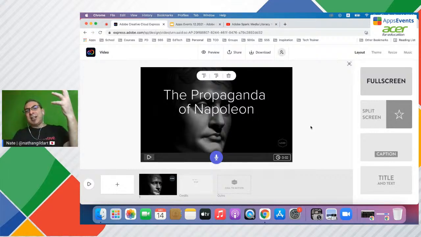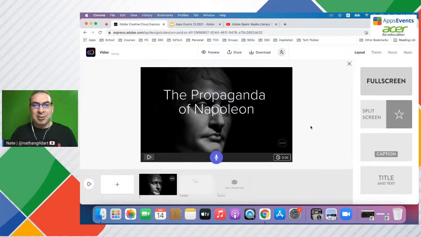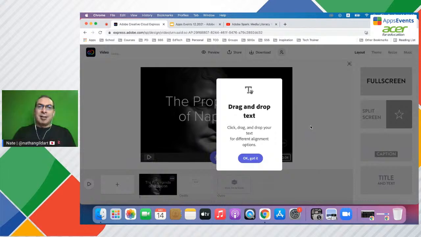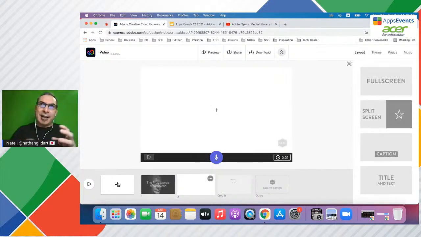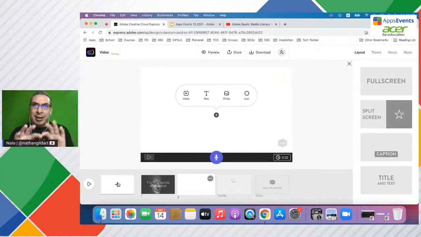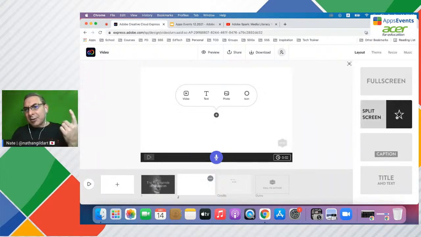And as we're doing this, try to think about how you might be able to use this. You're going to note too, yes, you can click and drag text, but this automatically puts it in the middle. So I'm going to add my next slide. All right, so I've only got one, but I'm going to put in my very first image. We'll do the audio recording later. And keep in mind, students would have their research done. They would have their narration ready, that kind of thing. For this one, I think I'm going to go with a split screen.